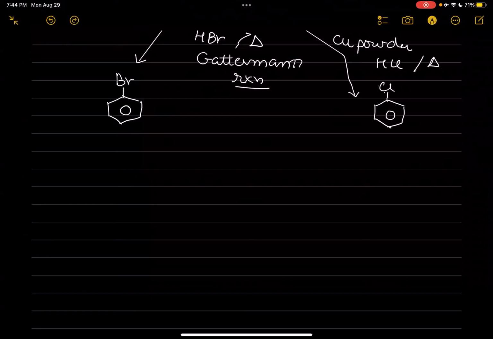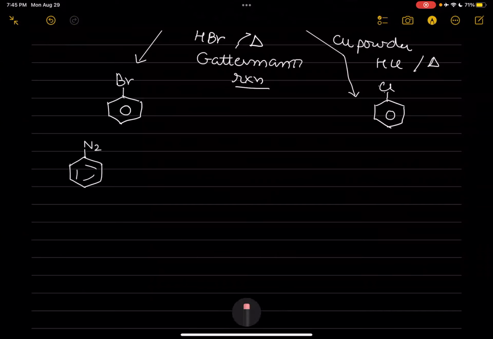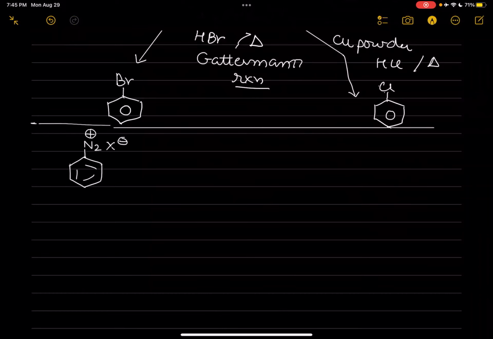So you already have some diazonium salt, N2 plus, X minus, okay. And if you heat it with HBF4,